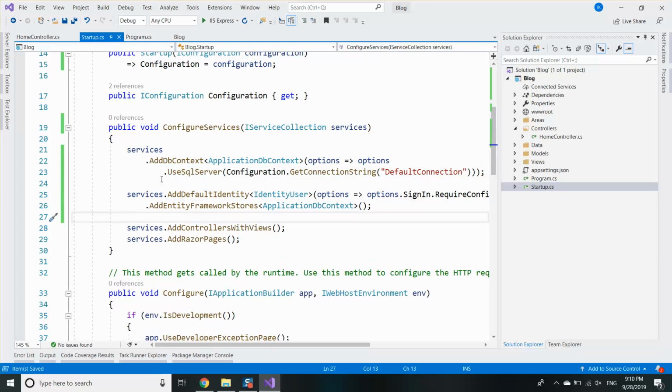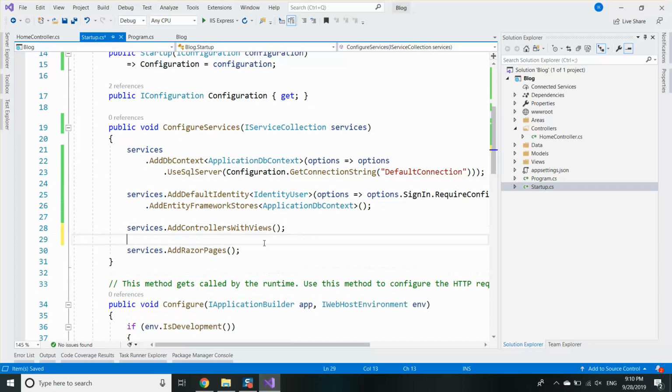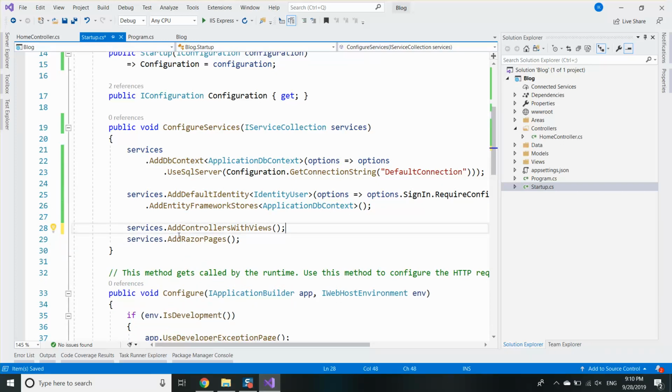I also like to put extra empty lines where it seems logical to put an extra empty line. For example, here I'm separating the data services from the identity services. That's why I'm going to put an empty line here. I'm not going to put an empty line here because here I'm adding controllers and pages, which is essentially the MVC framework. So logically speaking, these two are related,